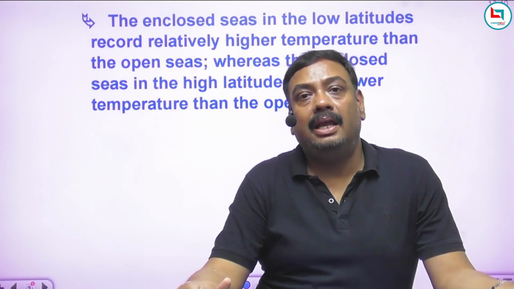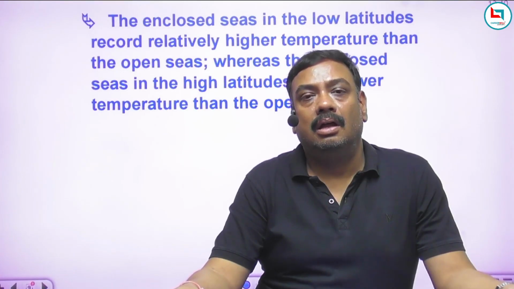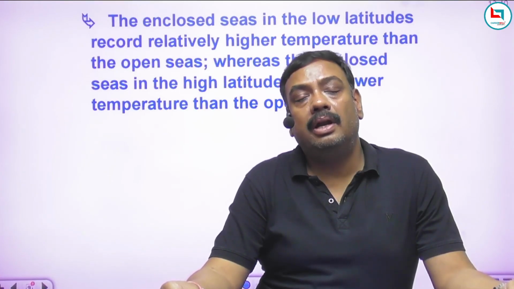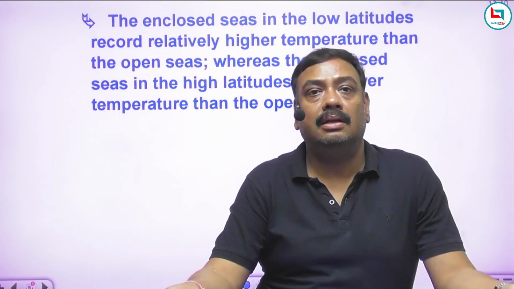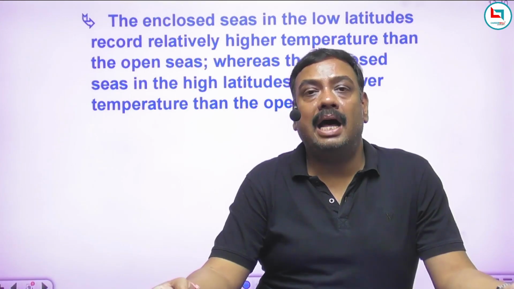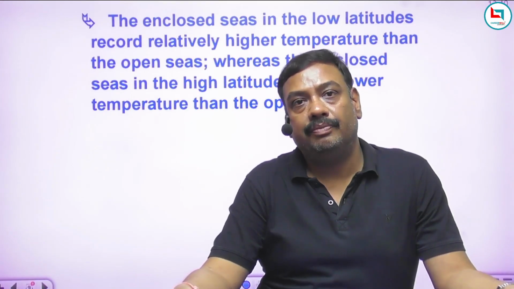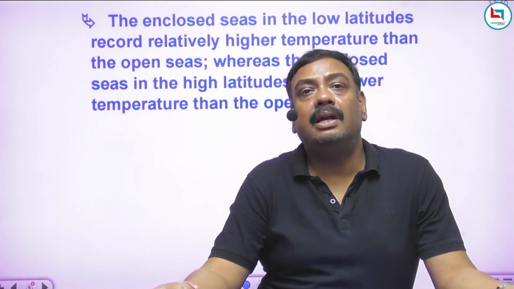If there is a region for which the solar radiations are oblique or slant, that means those regions have lower temperature. If it is so,